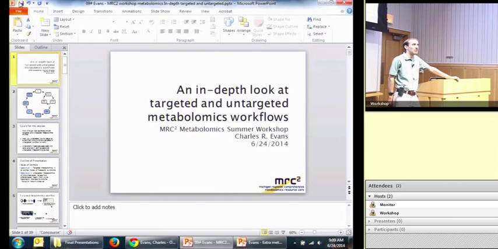By nature of doing that, it's not necessarily going to be the case that everything I describe is relevant to what you're going to do in a metabolomics experiment. Everything looks a little different depending on the biological system that you're studying. So hopefully I'll be able to generalize things where it makes sense to generalize them,